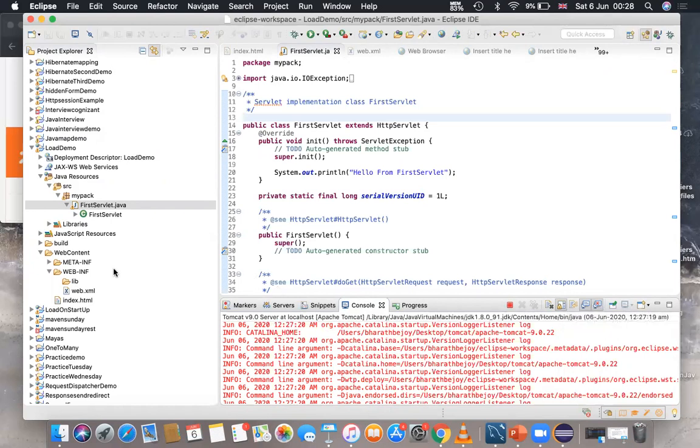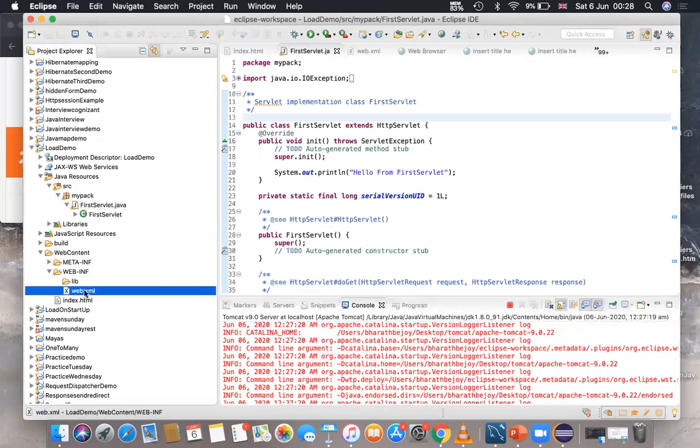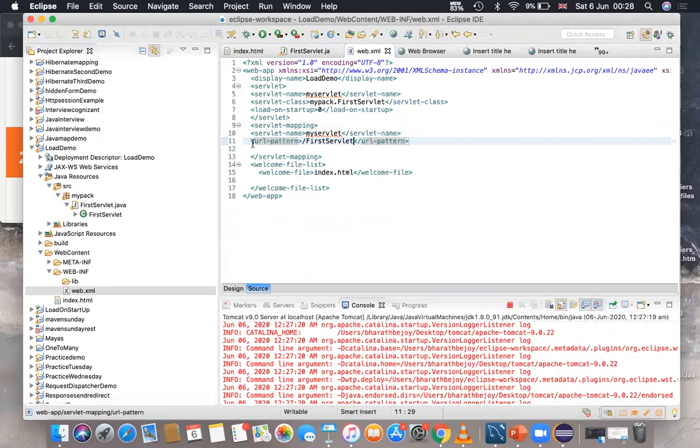Now what I'm going to do is open up this web.xml and delete this load on startup tag. Now if I run this, you see the output, please.